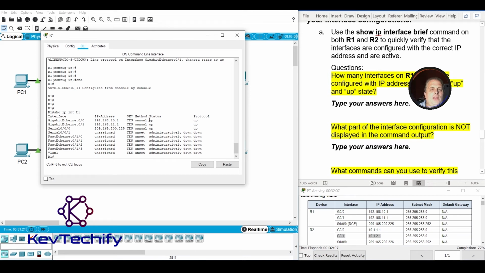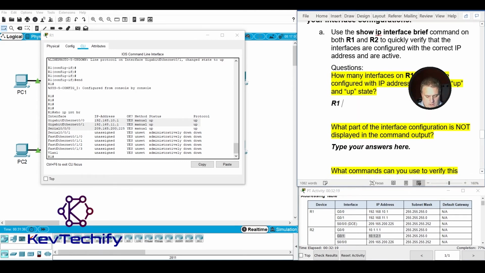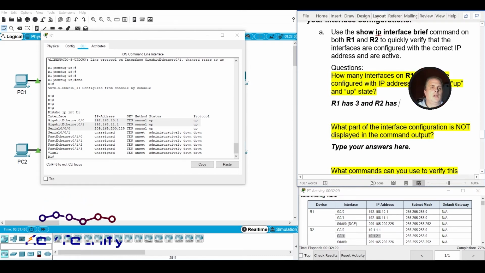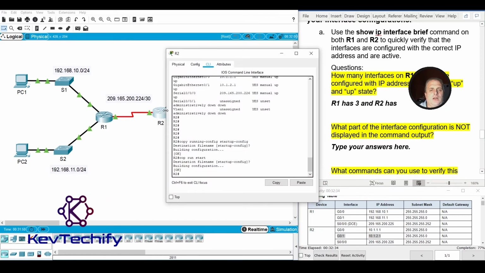How I do that is I look for up and up first, and then I look for how many IP addresses. Looking here at R1, R1 has 3, and R2 has, I'm going to go ahead and open up R2,